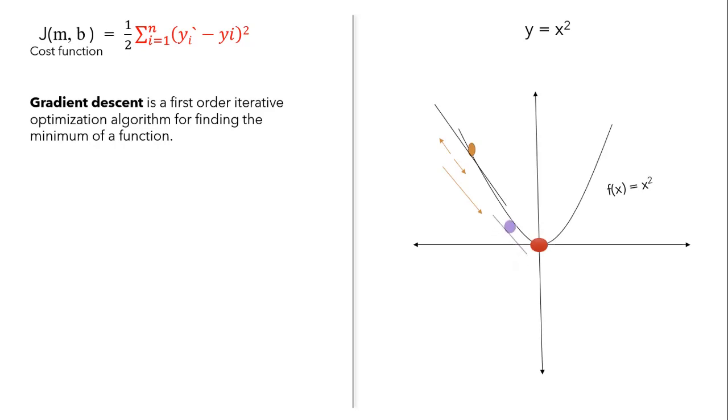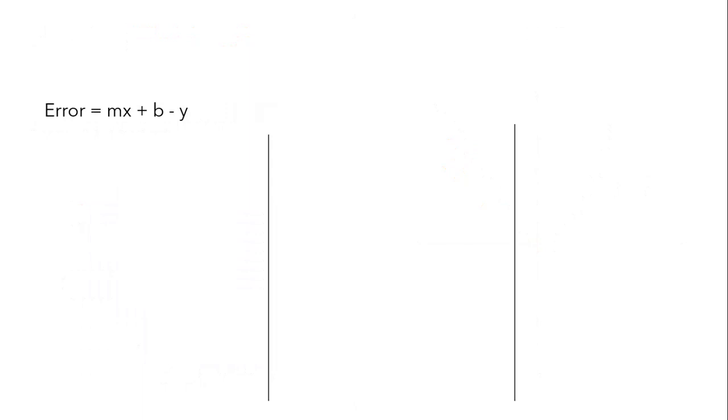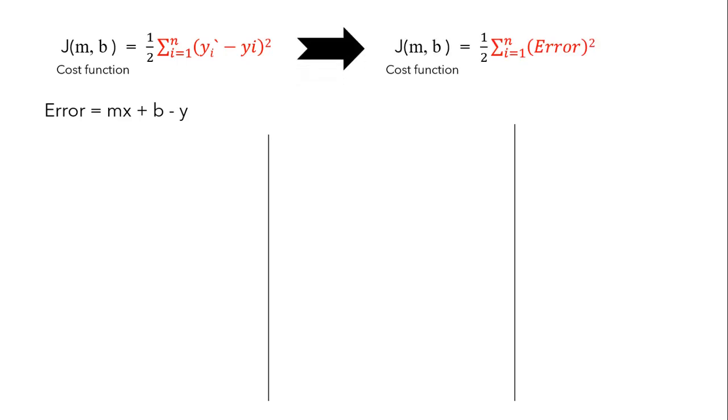And the slope at the blue point is less steep than that at the brown point. This slope defines how far we have to travel to reach the minima. So guys, the idea of this computation, the derivative of this function, tells us how to search and find the path. Now let's find the derivative of this cost function. Guys, let me rewrite the equation as J of m and b equals the summation of the square of error, as we already know that error is nothing but the y hat minus y value.